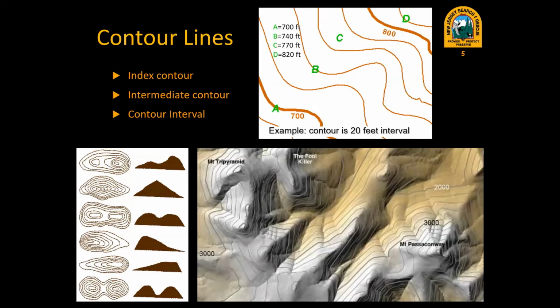Contour lines on a map are used to represent different types of natural features you might encounter. Some of these are visible in the lower left-hand corner of your screen. You can see two peaks divided by a saddle. In the top one, a kind of pyramid shape. In the second,